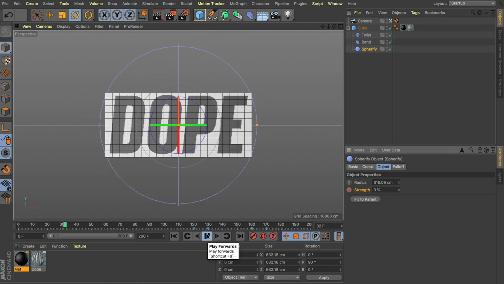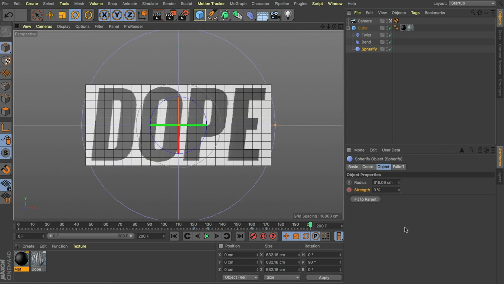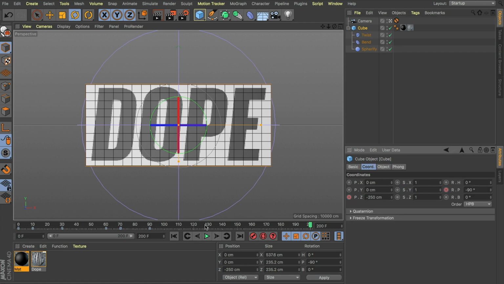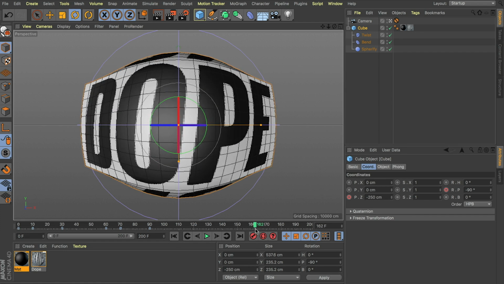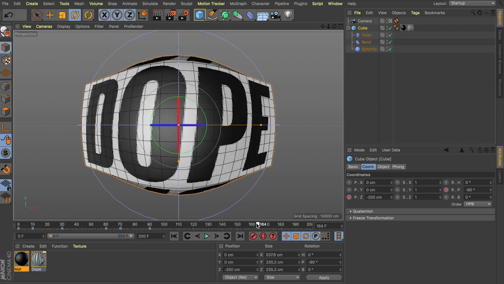You can see we had a little bit of a jump between the start and the end there. We want to create a nice little seamless loop here. The reason for that is we've pushed our cube forward in frame, but we really need to push it back to end up at that final position. So let's jump into our coordinates. We know that between frame 160 and 170 is where we're removing our Spherify, pulling back on that strength. So let's do the same thing with our position.